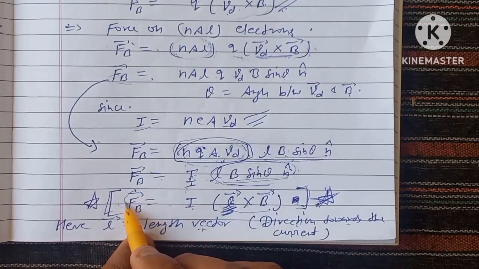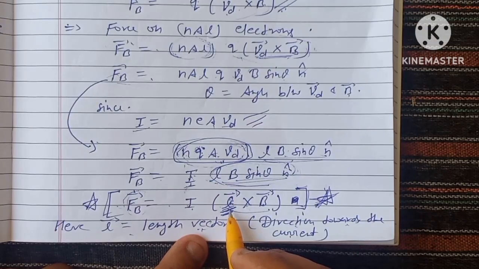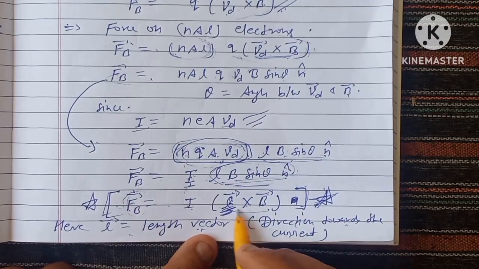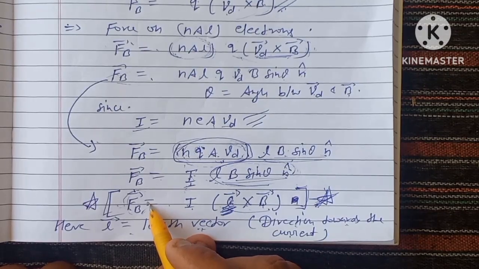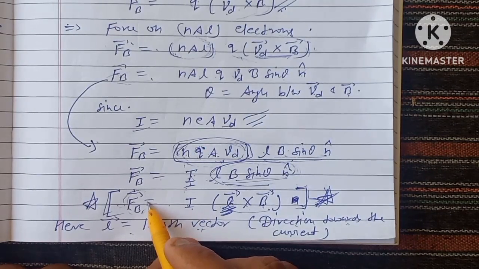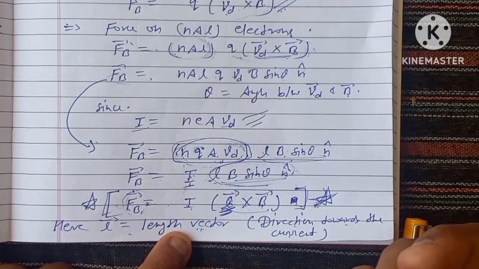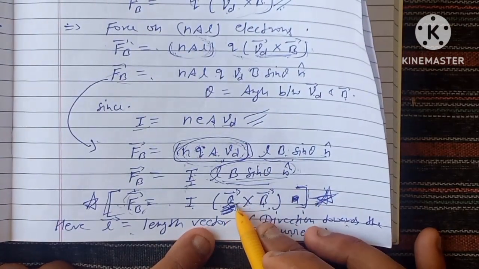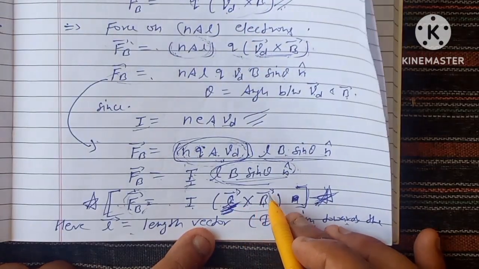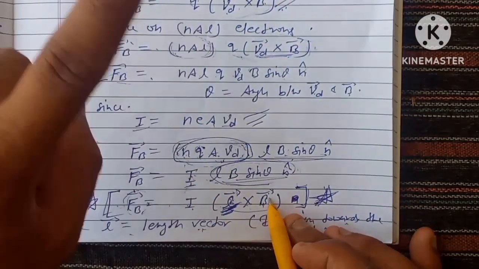I can also calculate the direction of this force, and how? Here I will use the rule of vector cross product for calculating the direction of this force. And what is that rule? That rule is the right hand rule. What that rule says, I have already discussed in my previous video about the right hand rule in detail. That rule says that put your fingers in the direction of the length vector and curl your fingers towards the magnetic field. So your thumb will represent the direction of the force.